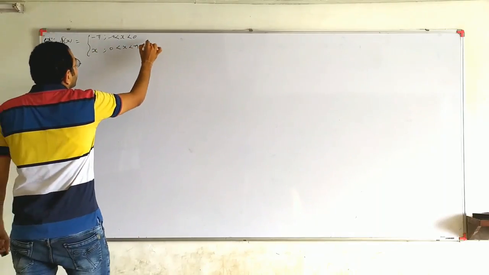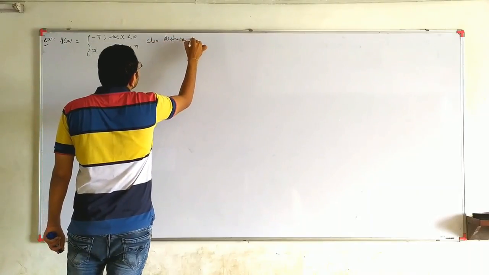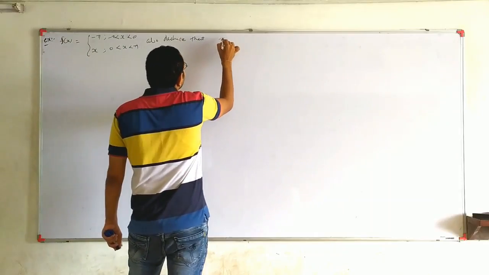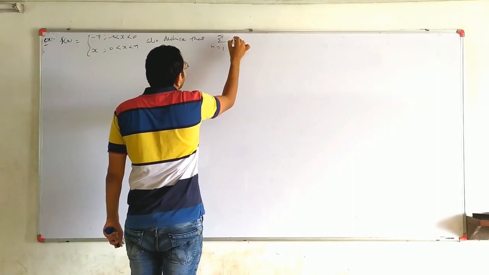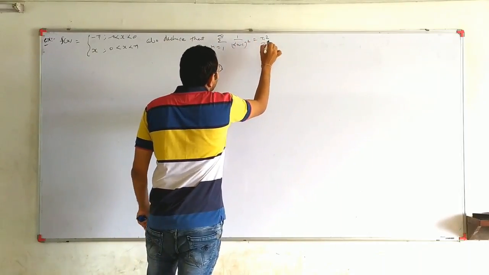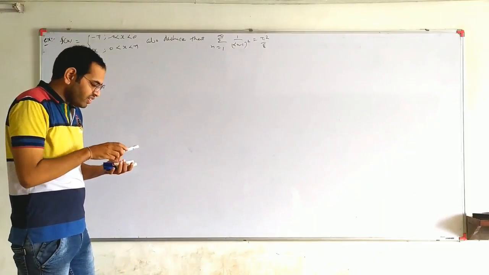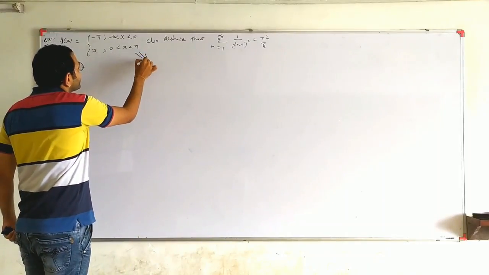Also deduce that summation n equal to 1 to infinity, 1 upon (2n minus 1) whole squared, equal to pi square by 8. First, for this type of example, we can say that